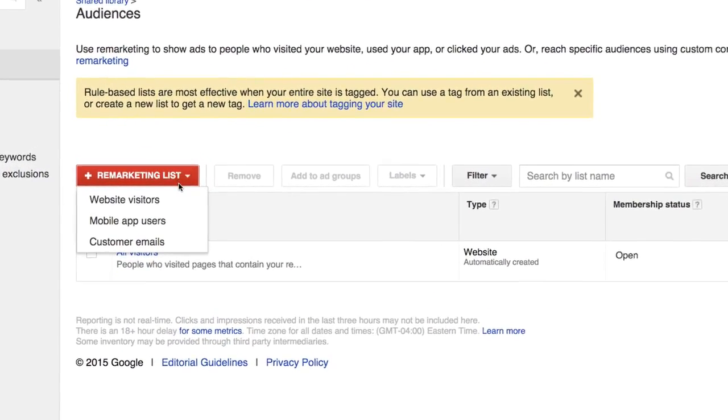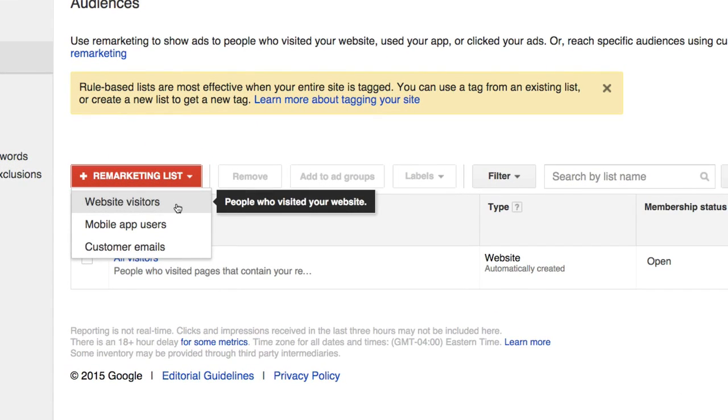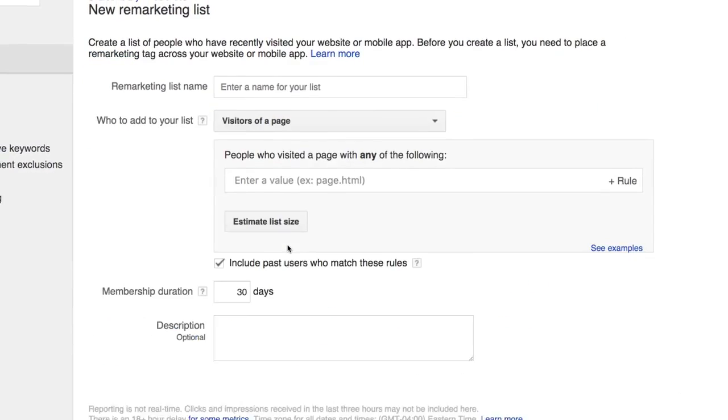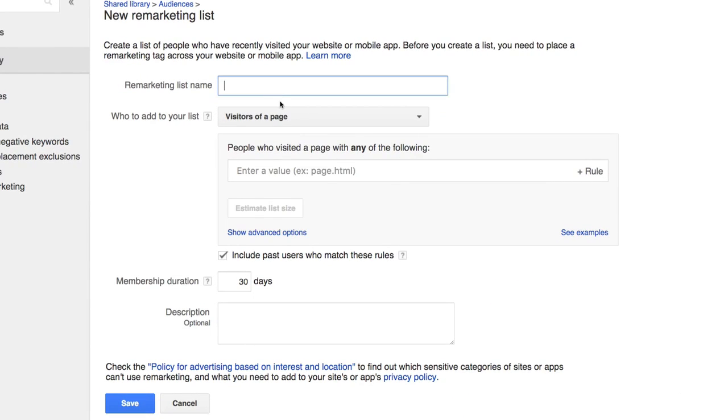go back over to my remarketing audience. I'm going to create a new remarketing list, and it's going to be made up of website visitors. That's the remarketing audience type that we're going to be working with. So you click website visitors. We're going to name the list: visitors of file cabinets main page,